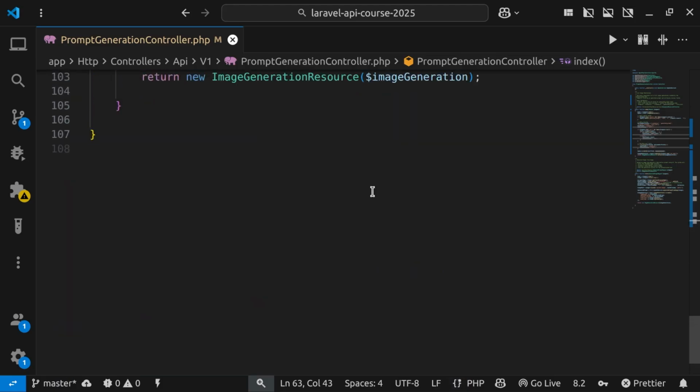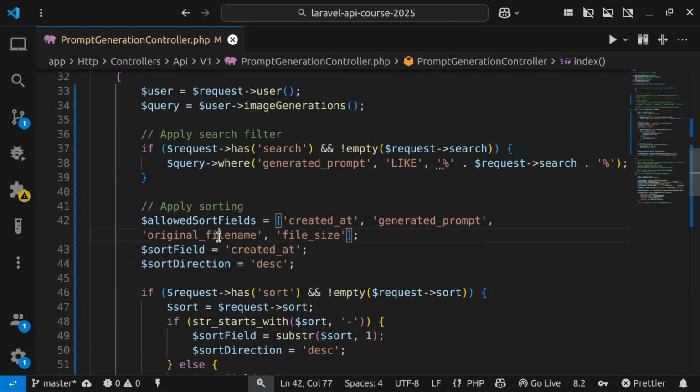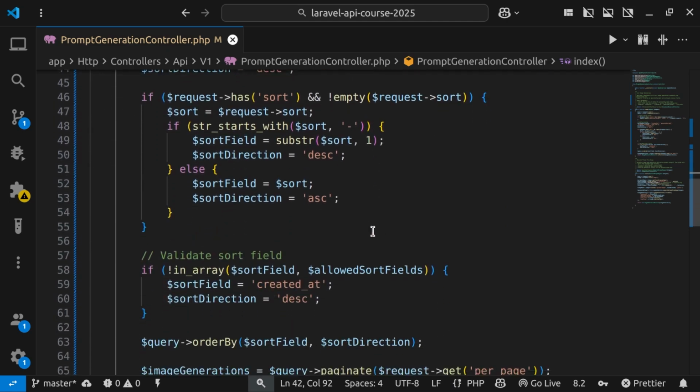In the same way, we can provide other fields, whatever we have supported here, like the original file name and file size, and it is going to work in the correct